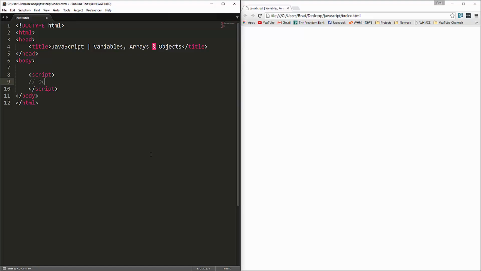Alright, so I just want to show you the different ways that we can output. What we'll be mostly using is console.log, and that will log whatever we want to the console. So let's just say hello world and save it. And then if we run this in the browser, you won't see anything here, but if you